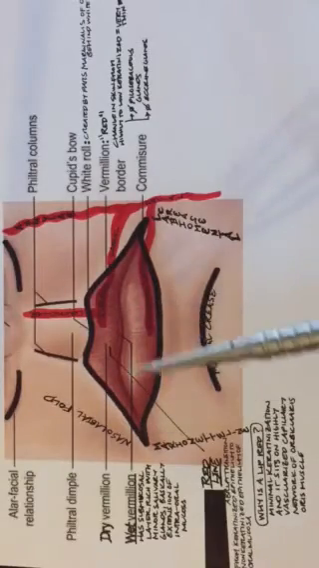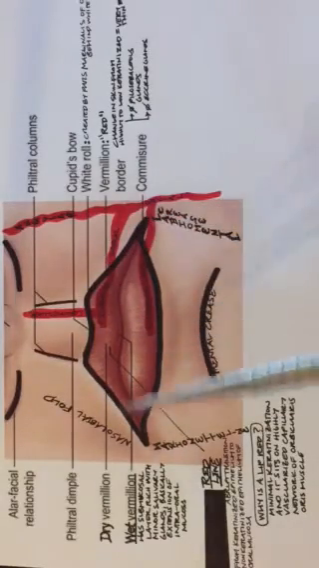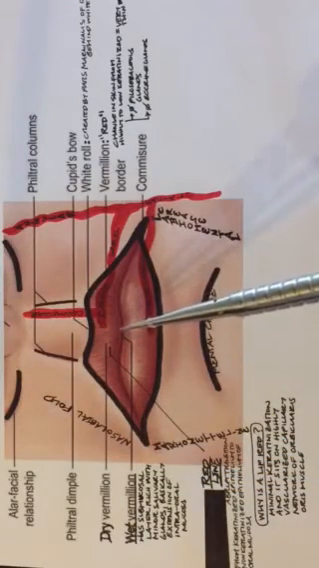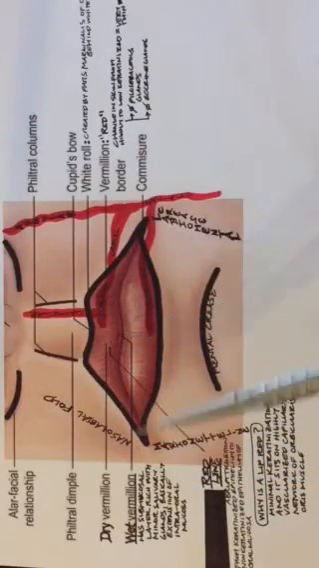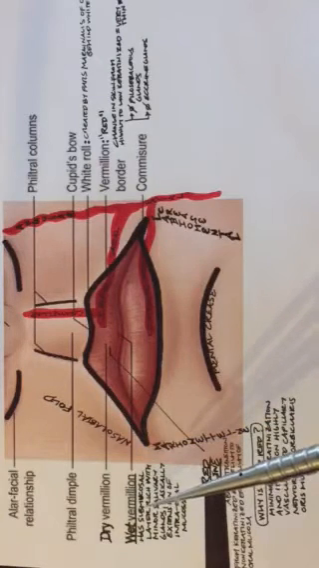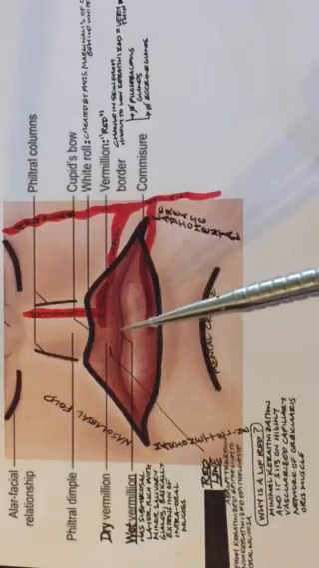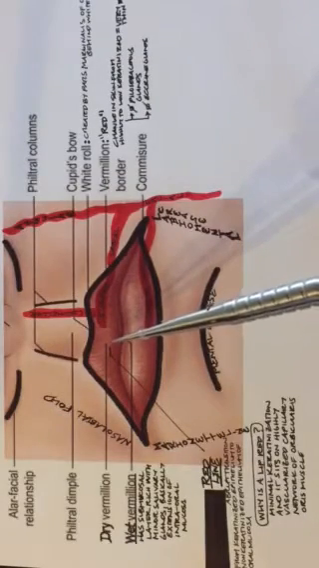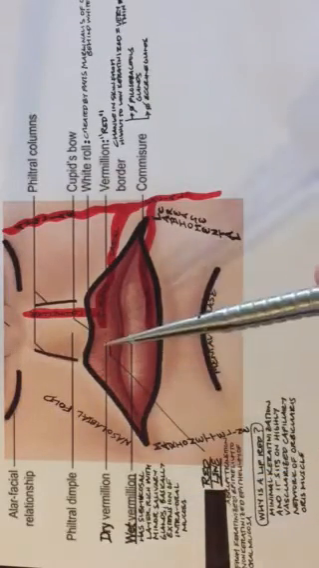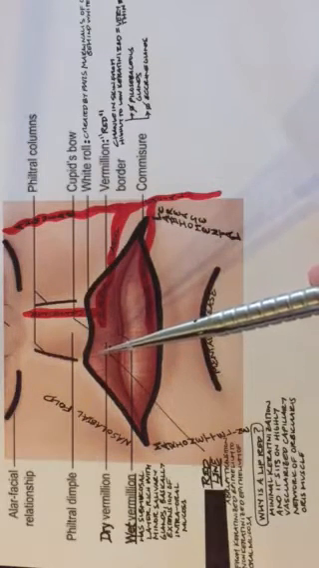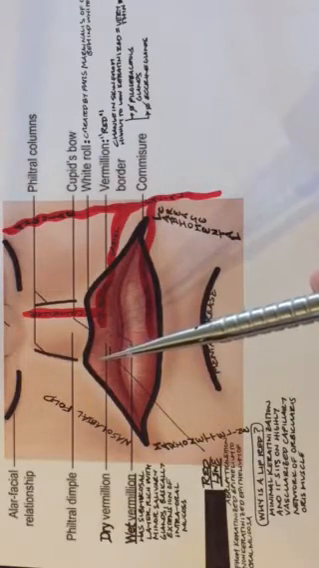So what's the difference between the vermilion that's dry and wet? Well, the wet vermilion, which is here, is basically an extension of the intraoral mucosa. Its submucosal layer is very rich in minor salivary glands. Basically, it's the wet part of the lip. And the transition here to the dry vermilion, this is the part that gets chapped, and you have to use chapstick. This is because there's no salivary glands here. It's very, very thin